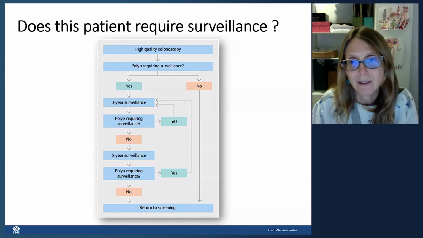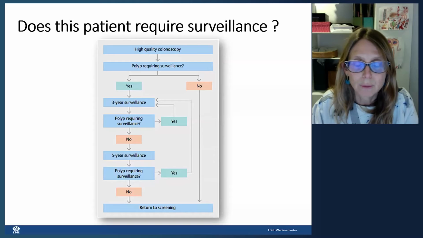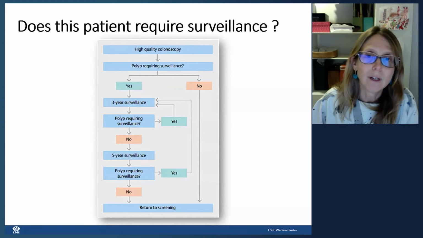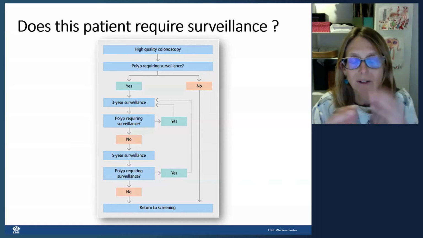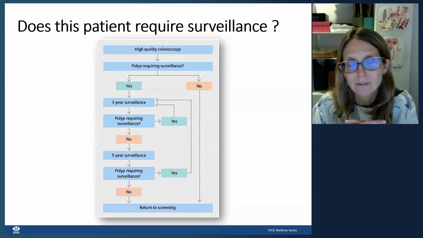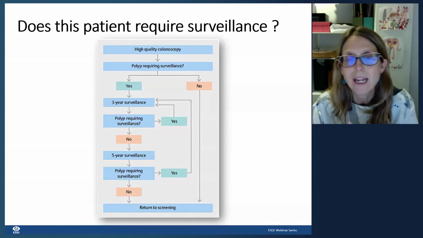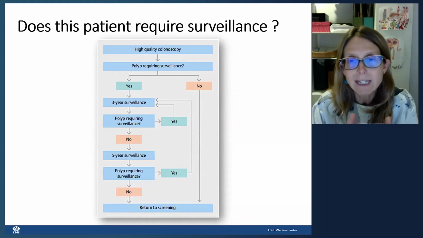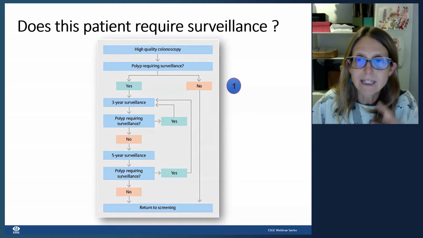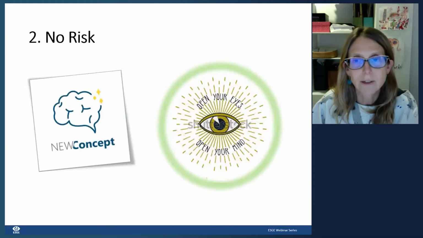This is the main figure that we have to bear in mind for these new guidelines. And the first question, once we have assessed that the quality of the colonoscopy was appropriate, will be: is this patient requiring any surveillance? And this is something very new, and this is the first part we are going to treat,